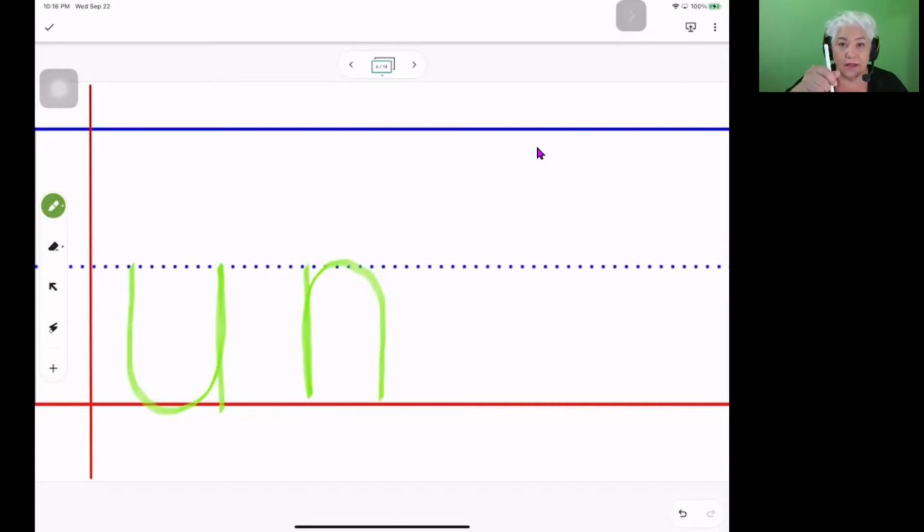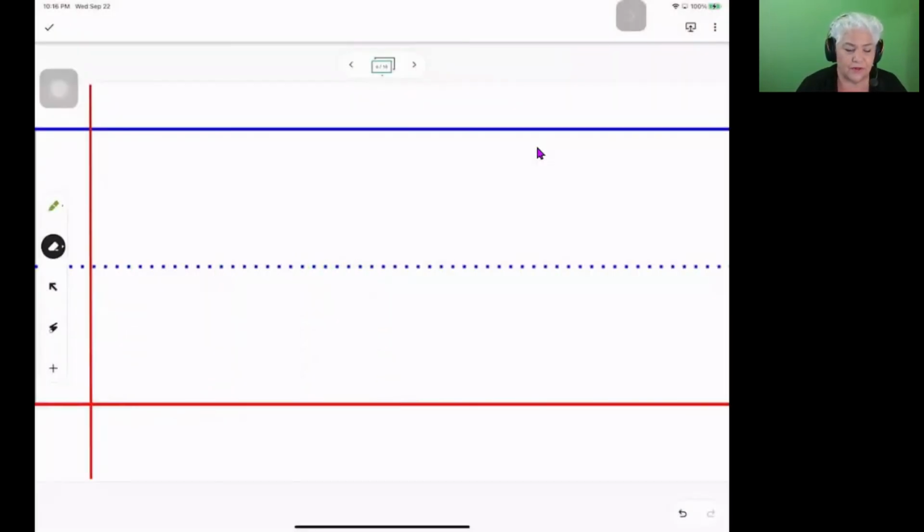So, your tongue is down. Your tongue is up. So we'll go through and we'll say, oh, tongue's down, tongue's up. And that will help with these confusing letters. Now, if we have kids that are just having trouble with all of the reversals because they don't have the directionality,